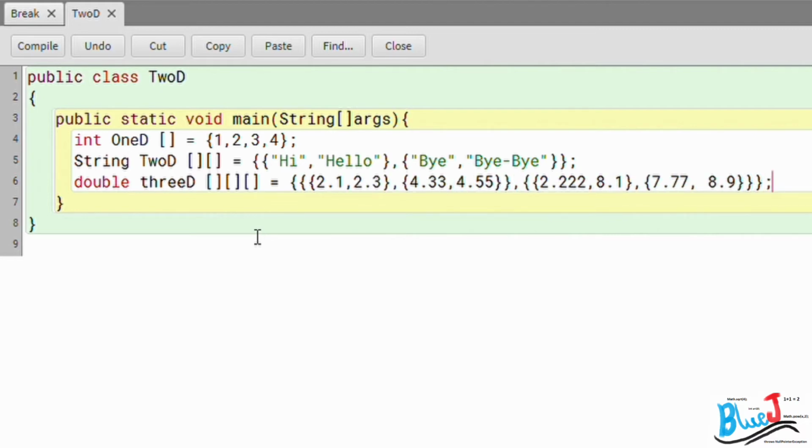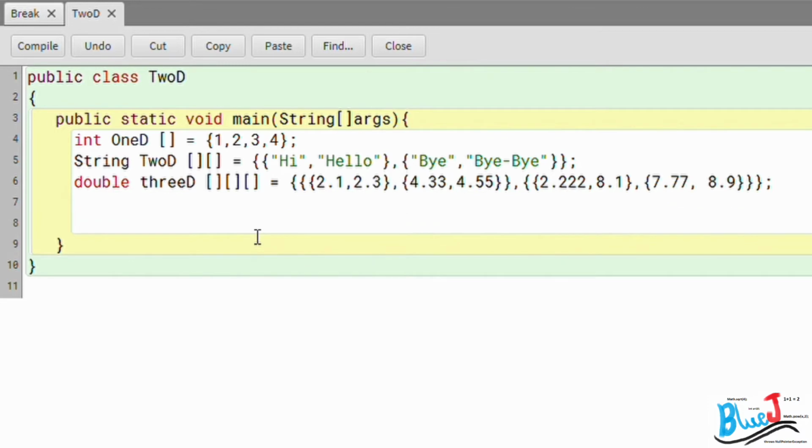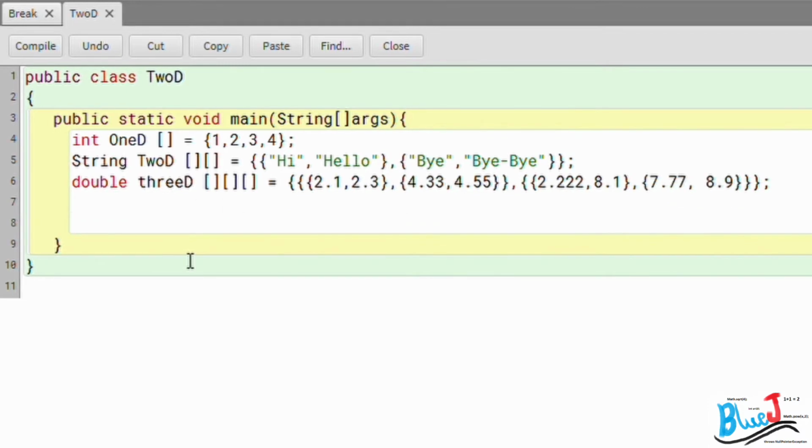So as you see, whenever we increase the dimensions of an array, its complexity increases. So the first array is one dimensional, which has 1, 2, 3, 4 integer values.